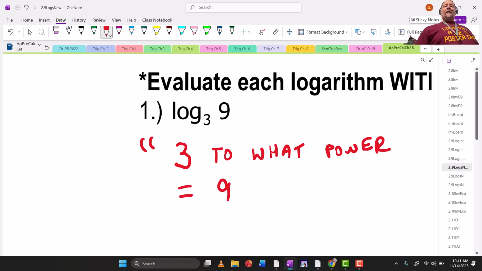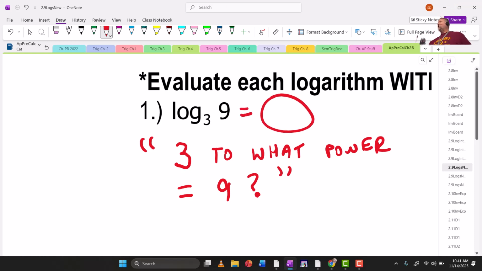Equals 9. Because remember, that's what this is. That's an exponent. Okay, everyone knows the answer. What's the answer? 2. 3 squared equals 9. This is what you're going to have to do on Friday next week, and amongst other